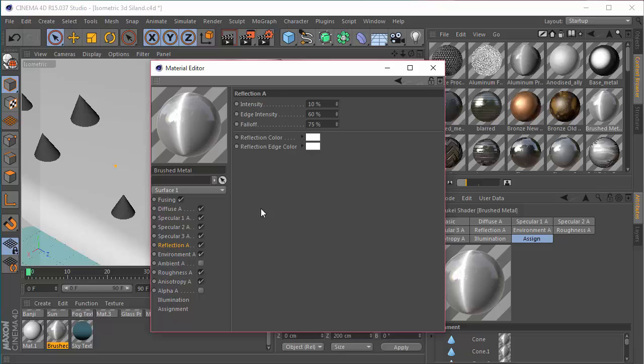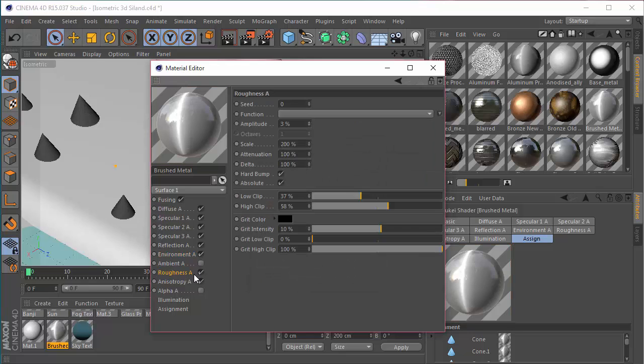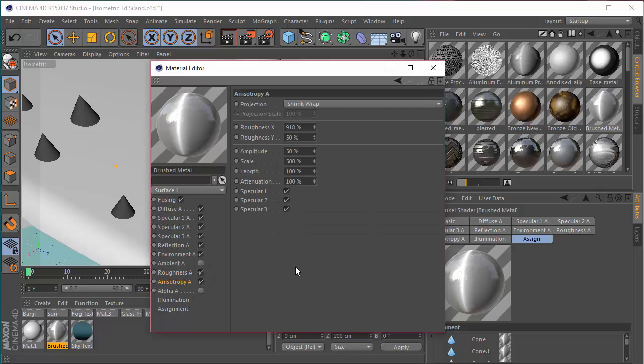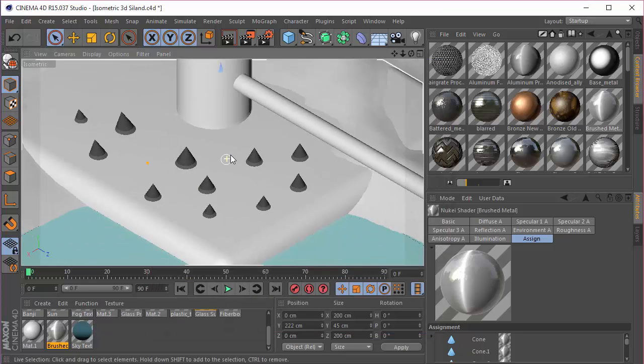Reflection A has these values. Environment A has a Fresnel, a basic Fresnel, with these values. The environment color is white and the edge color is also white. Roughness A has these values, and the anisotropy A has these values with a projection or shrink wrap. And we're going to just take that and drop it on each of these clones, these